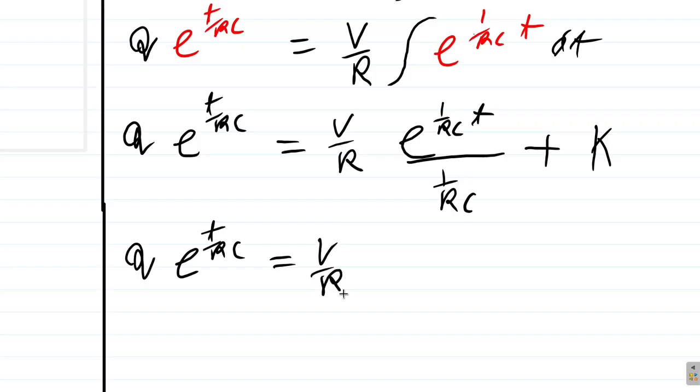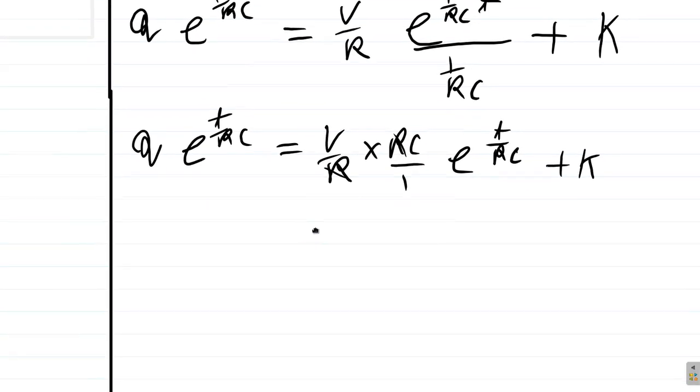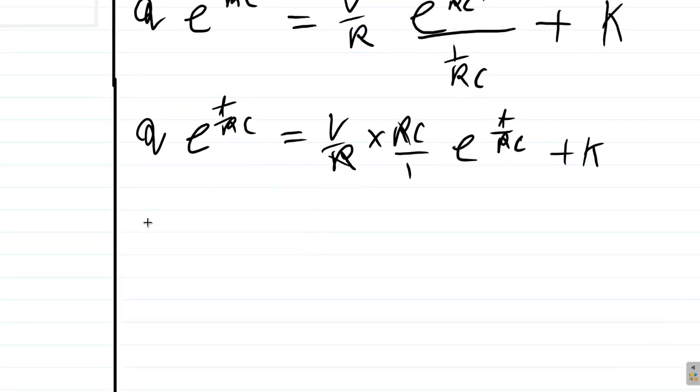So v over r divided by 1 over rc is the same as multiplying by rc over 1. e to the t over rc, I separated the t from the 1 over rc to show the constant clearly before, plus k. Oh, look at this. Resistance will cancel resistance. So we have q e to the t over rc equals v times c,